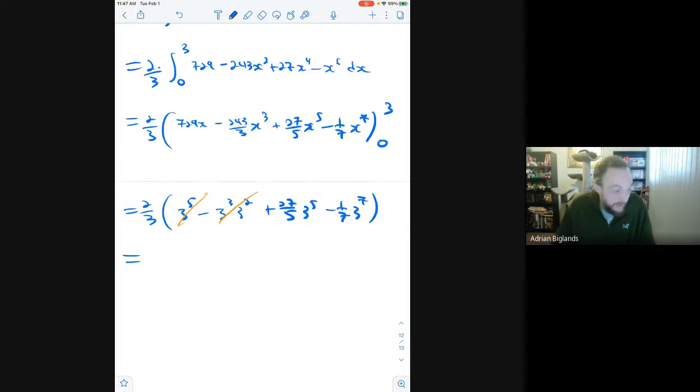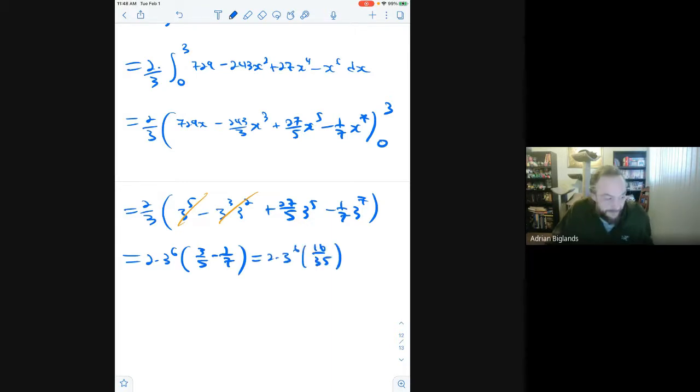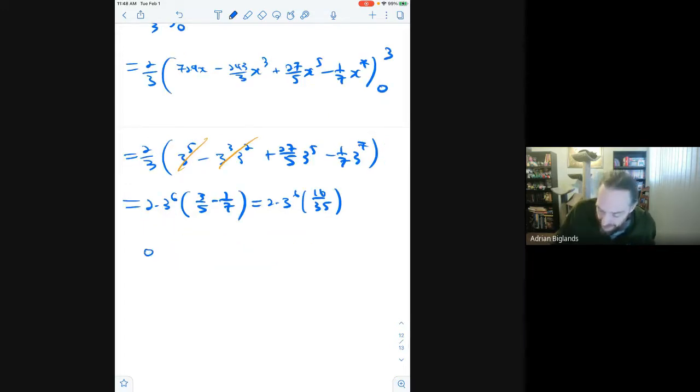And I get, oh, I see. I'm going to write this like this: 2 times 3 to the 6 times (3 over 5 minus 1 over 7). You'll see why I did this, because I have to write this as Mx over m, the mass, to get the center of mass, which is 2 times 3 to the 6 times 16 over 35, getting the common denominator, which we can also write as